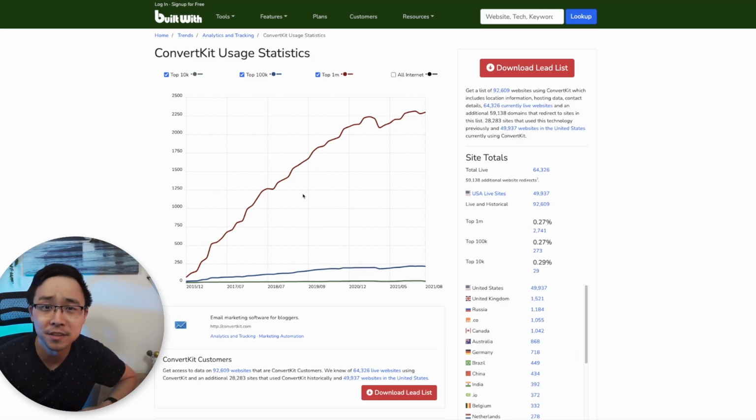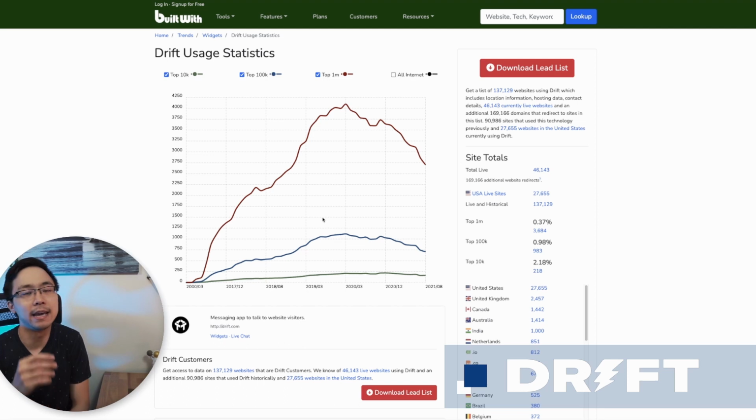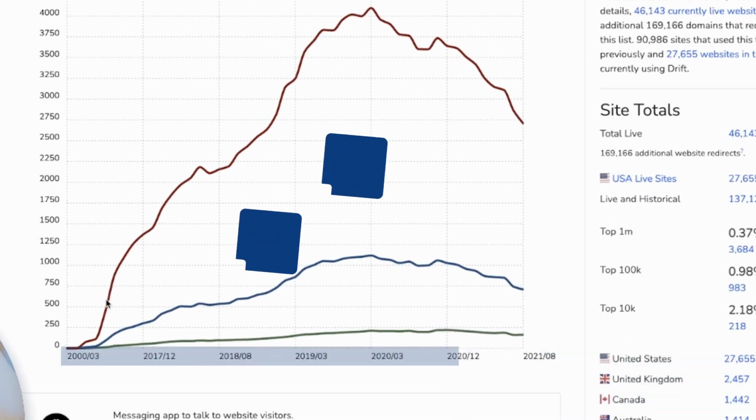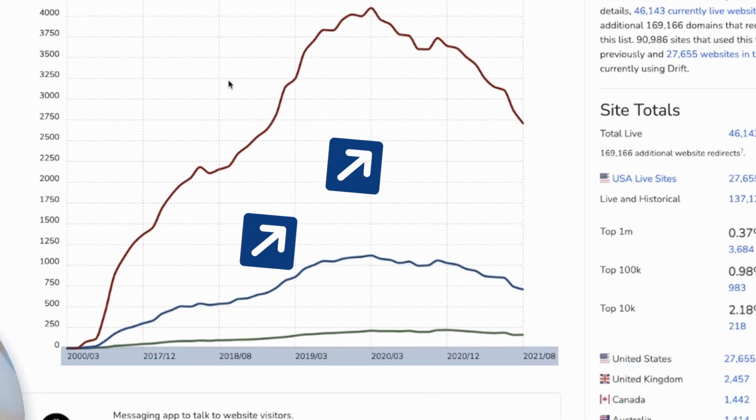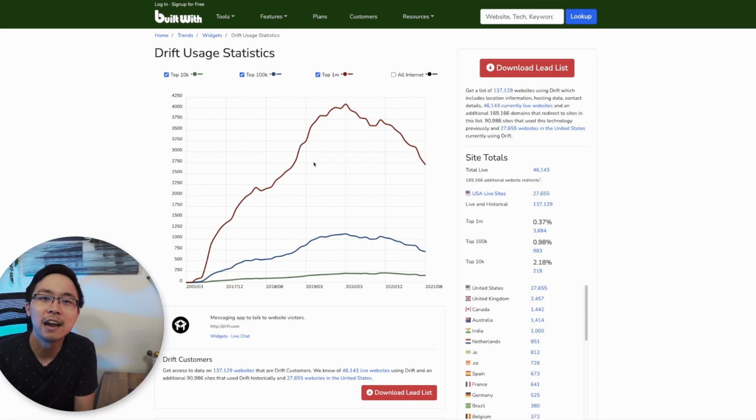But what I really want you to think about is how, in their early days, that "powered by ConvertKit" badge may have played a huge role in the exponential growth they experienced on the left side of this chart. Or, for example, in Drift's case, in the first few years you can see there was exponential growth across the board as well. And I know for a fact that these "powered by Drift" tactics were very effective for them in these early days, because I was actually a Drift customer around when they were spiking up the curve. I heard about it because of another site I had visited where there was that Drift chat.